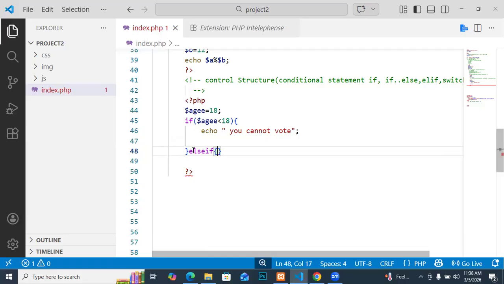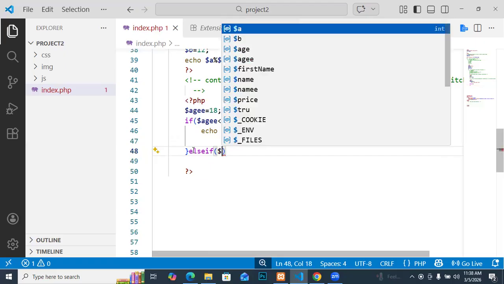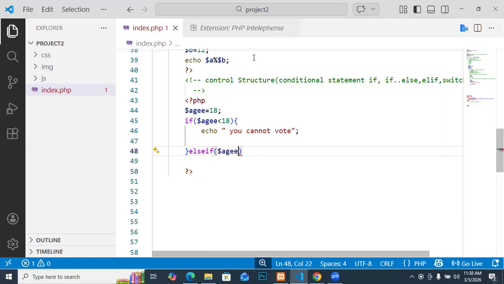Let's correct it from our note there. Then the same $H, I'm using this age is equals to 18. What we want PHP to output,